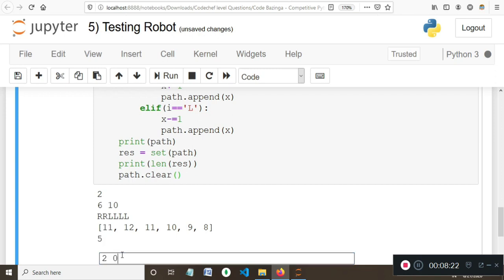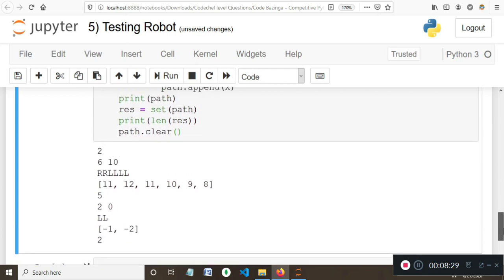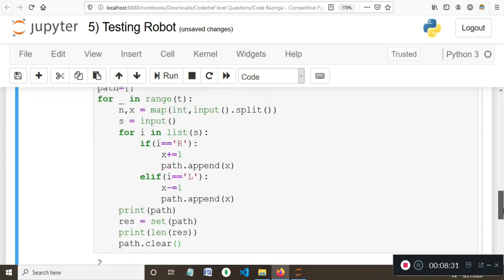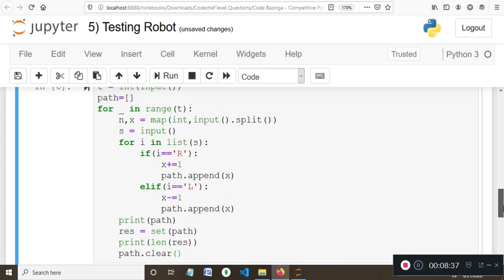And in the second case it's 2, 0, and the robot moves left both times, so the length should be 2. So the code works perfectly fine, and I'm clearing the path so that the previous path values don't coincide with the next test case path values.